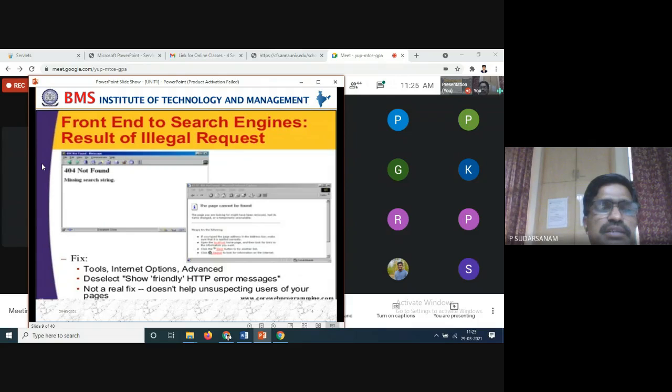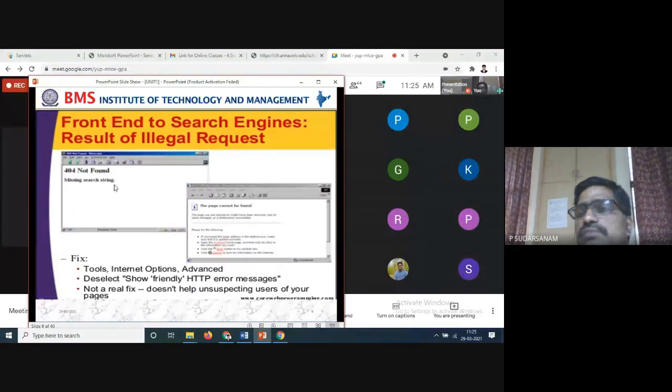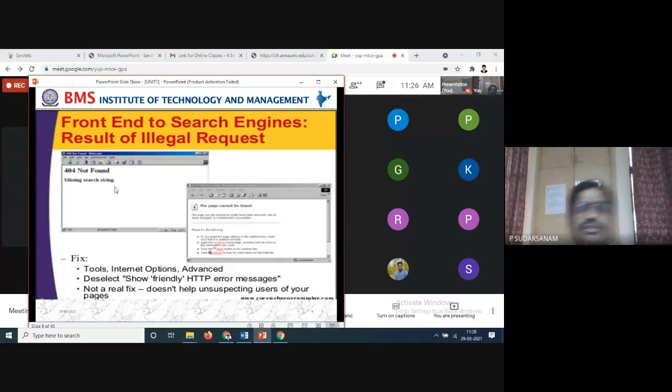404 not found. So here is mismatching the search string. Whatever you have written, mismatching the strings, that one. So 1 or 2 examples I have shown here of how it will be working. That's all. Here the simple example is, when you are trying to do something, if the destination is not available, something has to be displayed, either an error or mismatching. Some of the information they have written already, some built-in commands are available, you can write that, or you can display the messages.